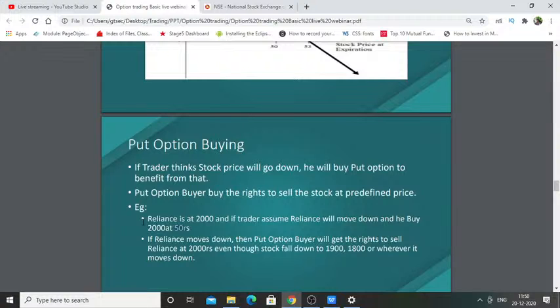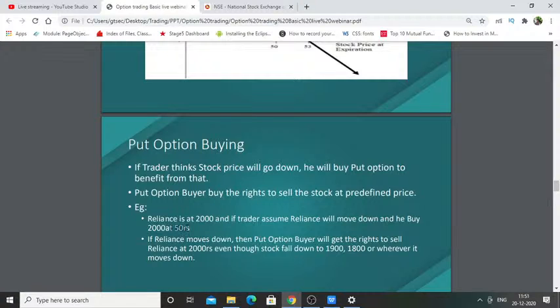Tomorrow, let's say, Reliance starts falling down to 1900 or 1800. What will happen is you will get a loss in your demat holding shares, but you will get the profit from your 2000 put option, which will act as an insurance for your holding stocks. If the stock closes at 1800 by the time of expiry, you will be able to sell Reliance at the price of 2000 itself, because you have bought one put option here. Or even if you are not holding any stock at all, and you are doing this only on a pure trading basis,